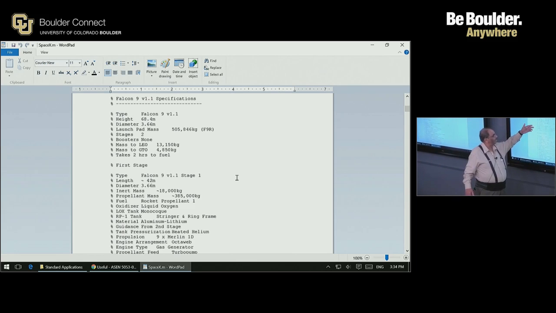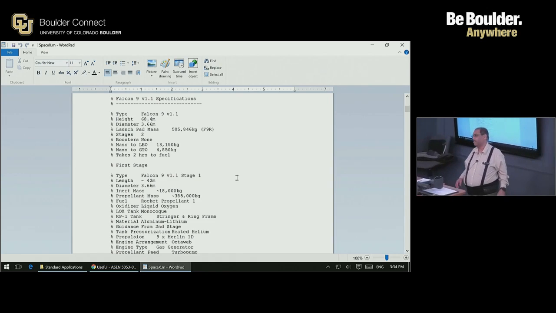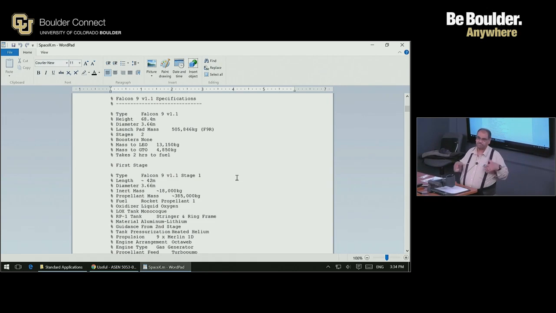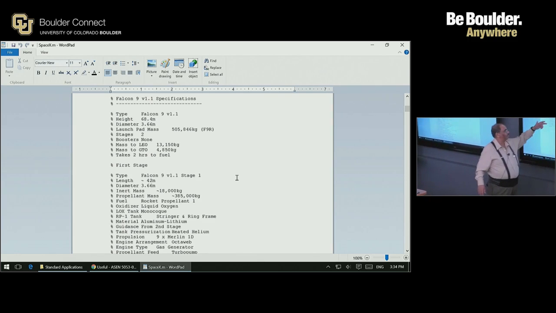Then the question is, in this case, what is its capability? How much mass can it launch to LEO, low Earth orbit? For our purposes, low Earth orbit is around 150 to 200 kilometers. Low Earth orbit is anywhere from 100 kilometer altitude to something like 1,000 kilometers. But when they usually quote that, it's typically around 200 kilometers or so. Mass to GTO. Now GTO means